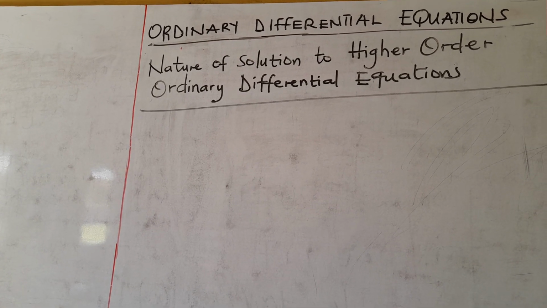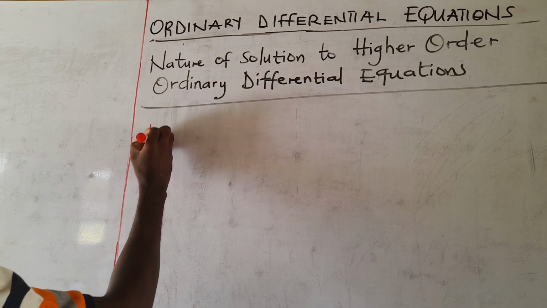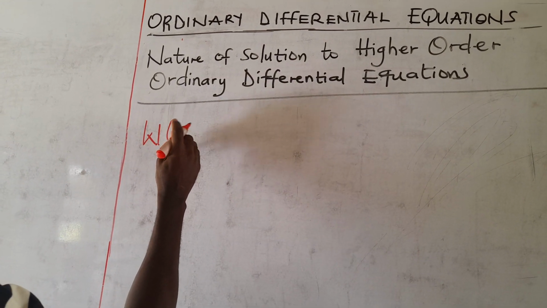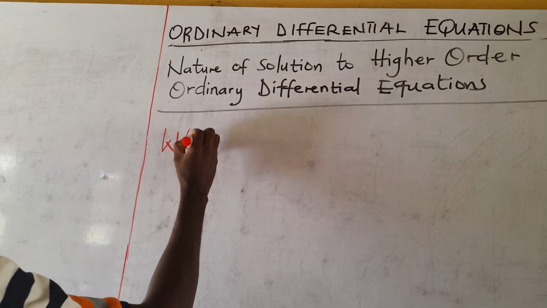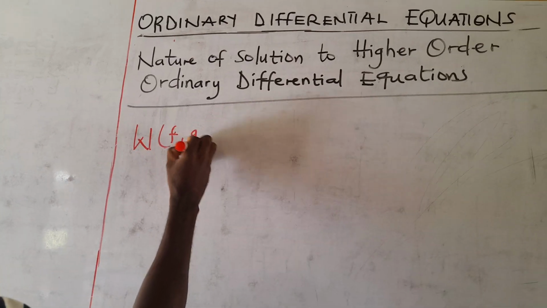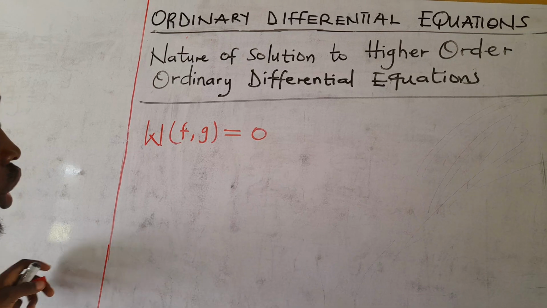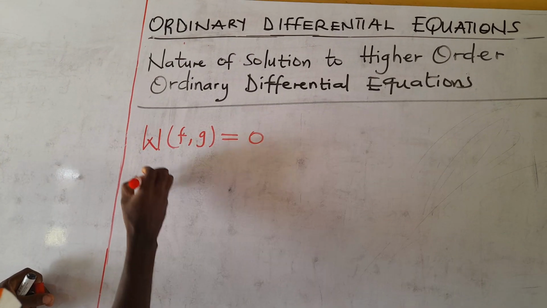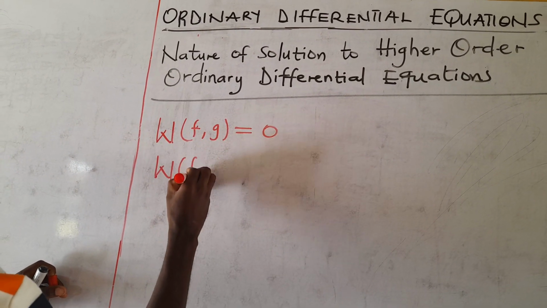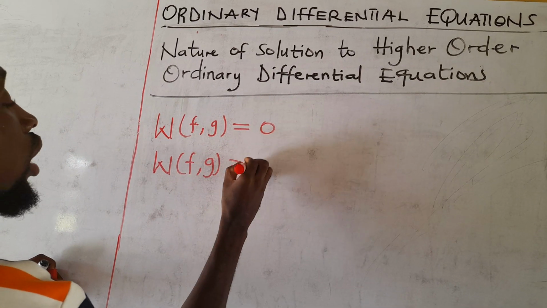So how do we do that? If you find the Wronskian of a particular solution to a differential equation, let's say f and g, you find two situations,